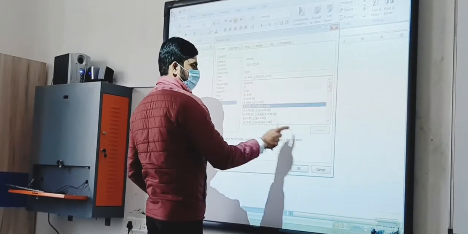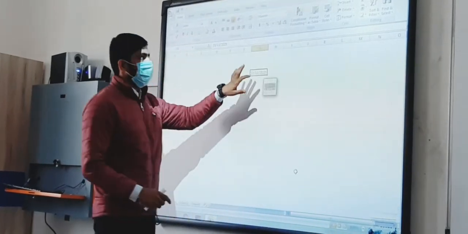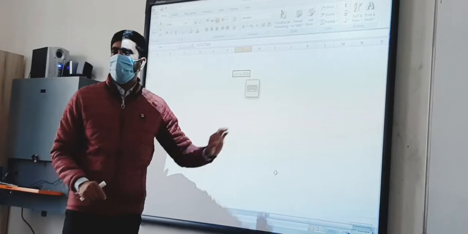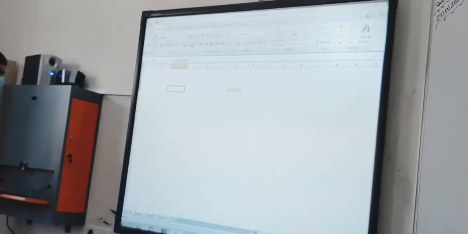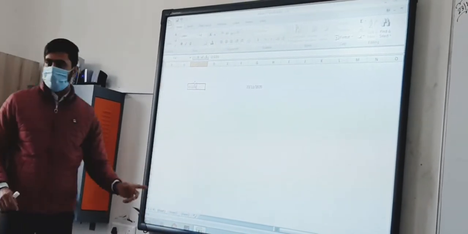Suppose I select that one and click OK. So there is no change because that is a date. If you use numbers, if you perform that task, then it will change to that section.